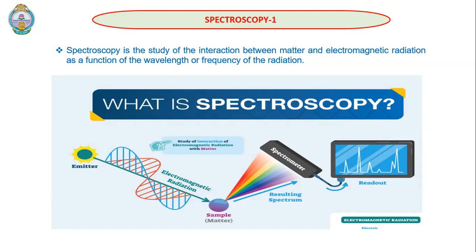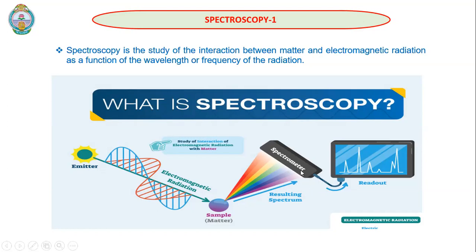When we pass light onto a sample, it absorbs the light, then it interacts with the light. Based on the interactions, it will absorb some light and emit the remaining light. So a detector which is placed in the right path will identify the light which is transmitted from the sample.